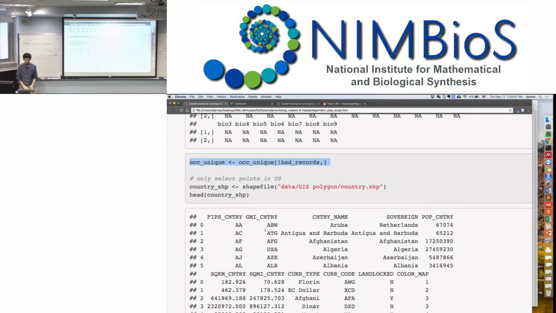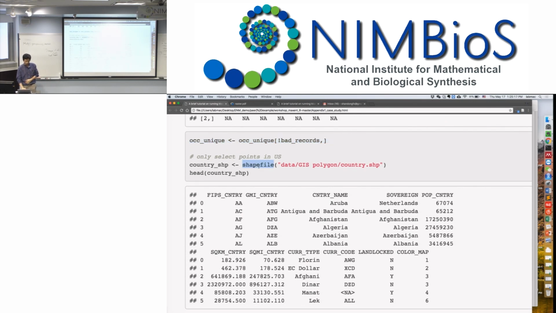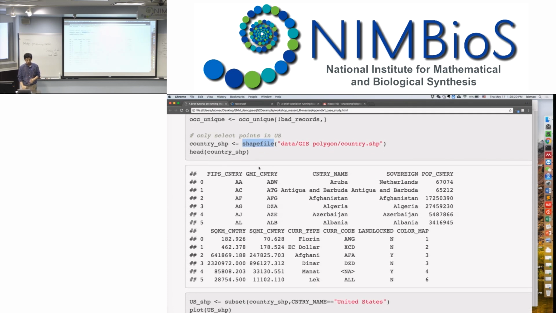So usually after I have done a lot of filters, I prefer to save my cleaned occurrence data. Otherwise, I have to redo everything every time I run this. Anyone who knows GIS knows that the shapefile is a commonly used file format, even though it is a company-defined, commercial format. But since it is commonly used, we can save it as a shapefile. The function is easy, it's just called shapefile. With the same function, you can either export or import a file. It's the same function, but you have to write it differently. If it is exporting a file, you only